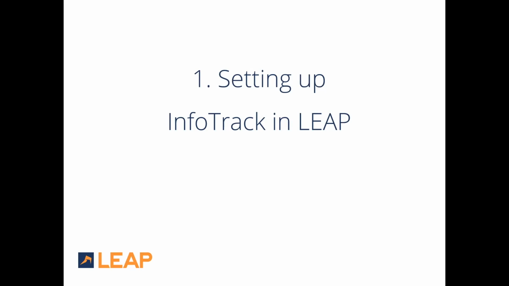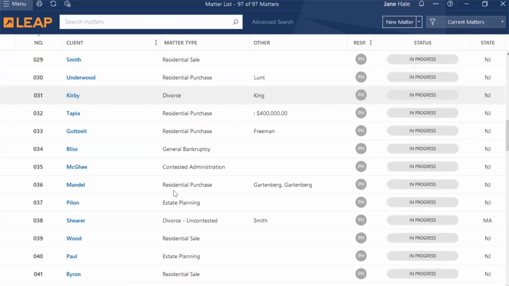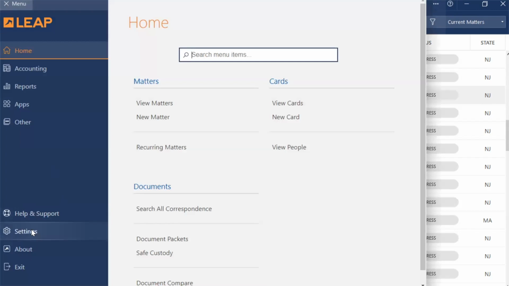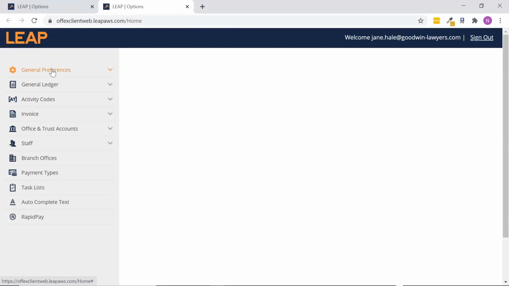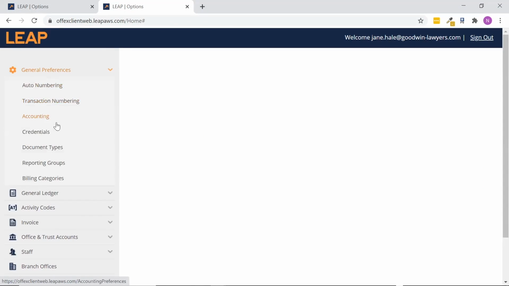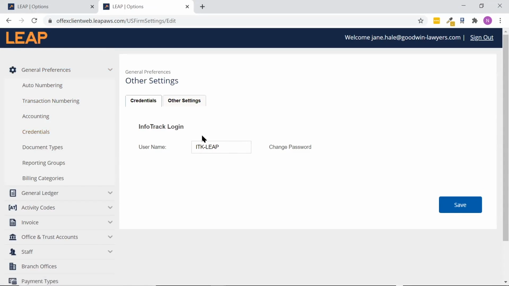Setting up InfoTrack in LEAP is very straightforward. All you need to do is navigate to the menu setting in the top left corner of your LEAP screen, click on Settings, click on Application Settings, and then we want to navigate to the General Preferences, down to Credentials, and you can enter in here the InfoTrack credentials that have been provided to you from InfoTrack. Once they have been entered in, you can hit Save. You will notice on this screen you can come back and change your password at any time you desire. All you need to do is click the Change Password button, enter in your new password, confirm that password, and